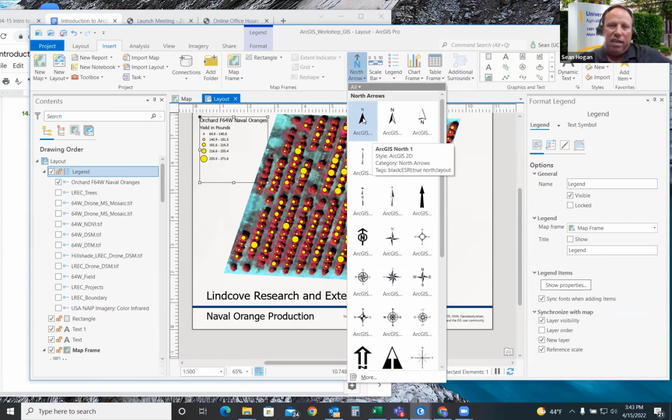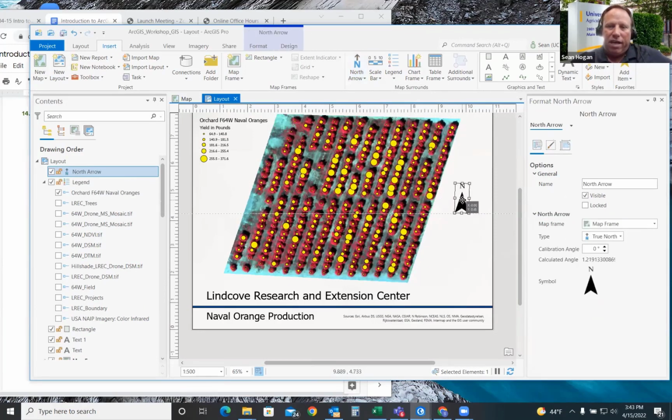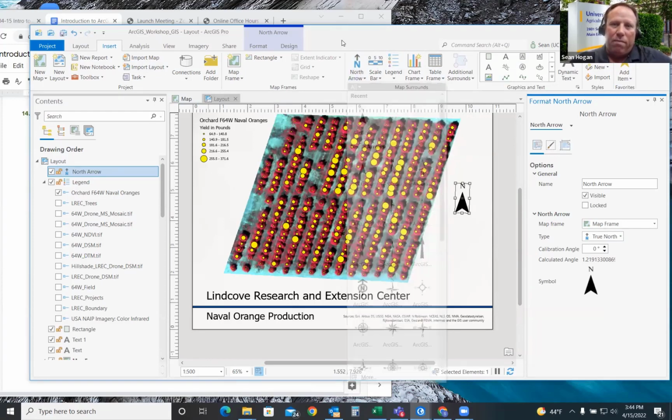We want to click on one of the more simple ones. And again, this is your own creative design option, so you can pick what you'd like. But for now, I'm just going to click the first one and drag and drop it here. So we have a nice north arrow off to the side. Just a note, true north is a good default. Don't accidentally have it go to magnetic north. That throws people off. True north is what we want. And that's on the right side of the options, properties of that symbol. That one's easy, right? So all we did was go insert, north arrow, drop down, and then drag and drop it onto the map.